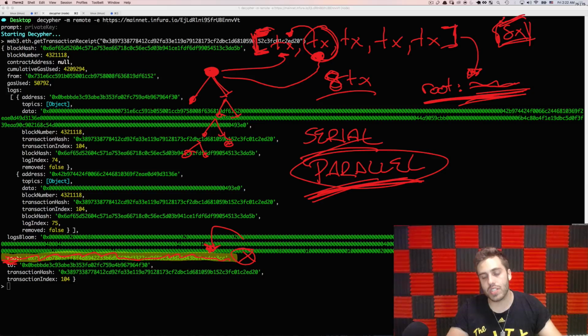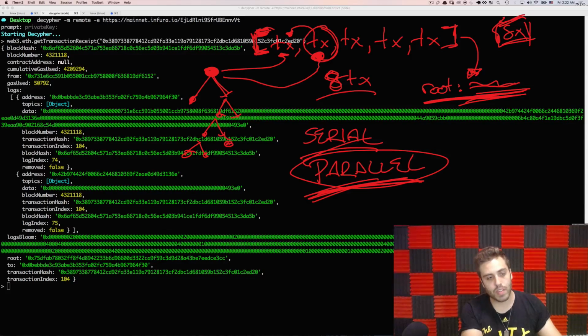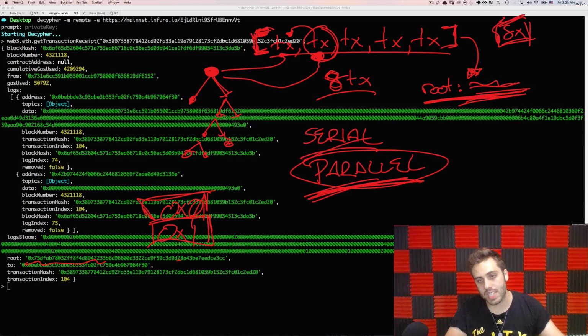So this is a really interesting idea, but it would require removing this state root parameter and a couple other modifications. First and foremost, for backwards compatibility reasons, it might be a bad idea to actually remove the state root parameter entirely. But what's going to happen starting in Byzantium is that the state root parameter is going to become a binary digit, so it's going to be 0x0 if the transaction failed, and 0x1 if the transaction succeeded. You're not going to have these intermediate state roots, which means you're going to open up the block for parallel processing.